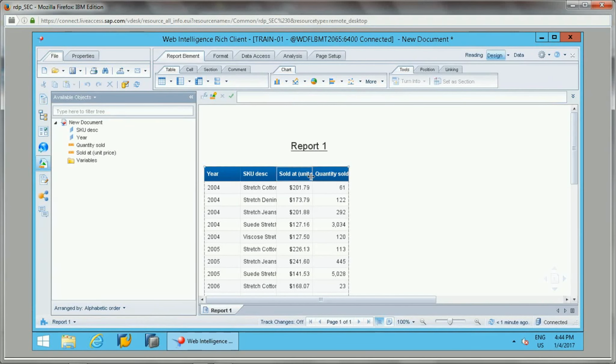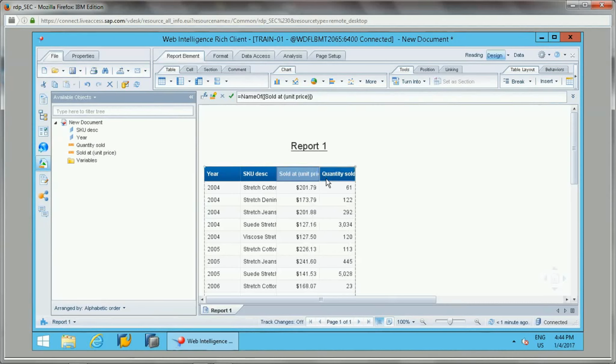Okay, if you see, this is the report which got created, which will display year, SKU description, sold at unit price and quantity sold.